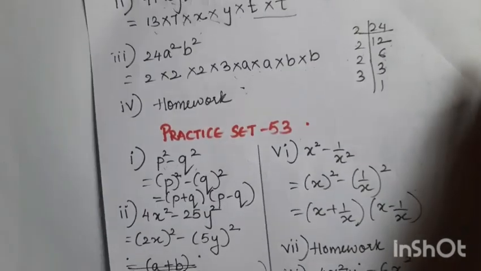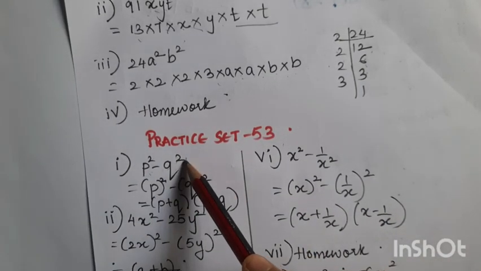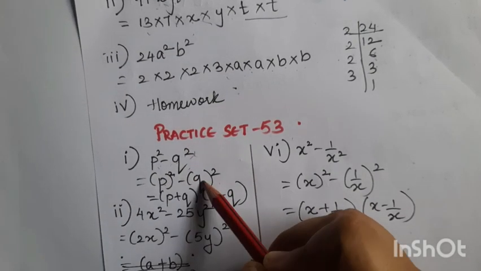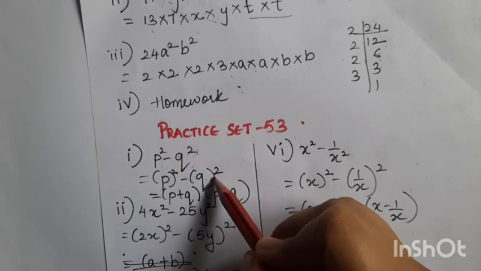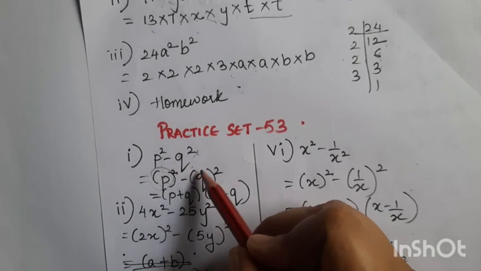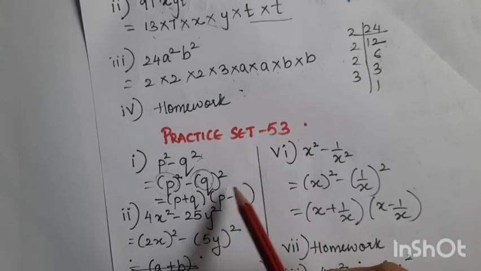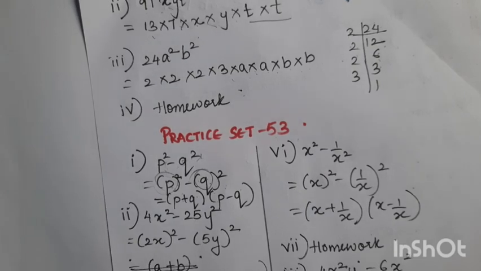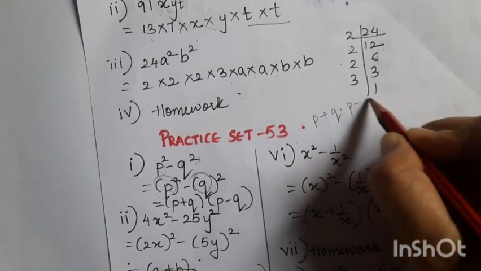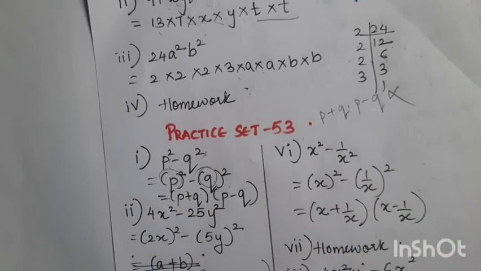Okay, so they have given us the binomial in the form of p square minus q square. Now p square minus q square, that is a square minus b square. I have to put a bracket because the square goes for the entire p term and the entire q term. So that is (p plus q)(p minus q). It is important that you put the bracket. If you don't put the bracket and just write p plus q and p minus q, this is wrong. So see that you always put a bracket.